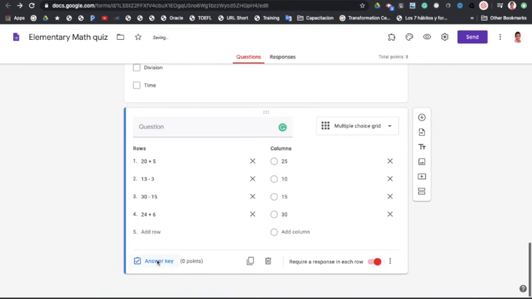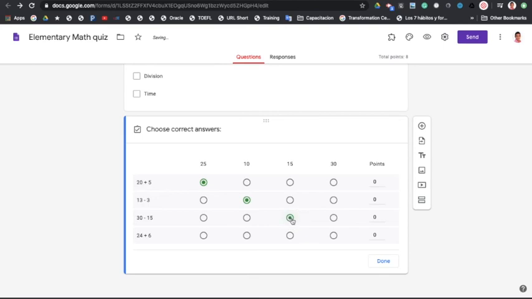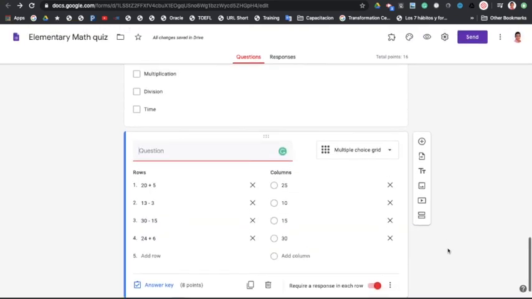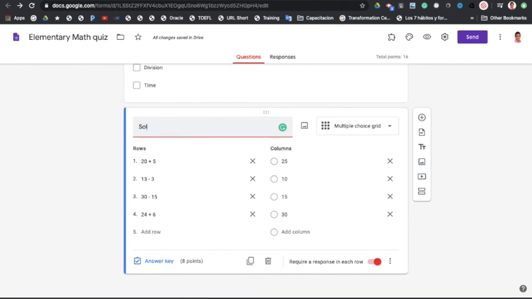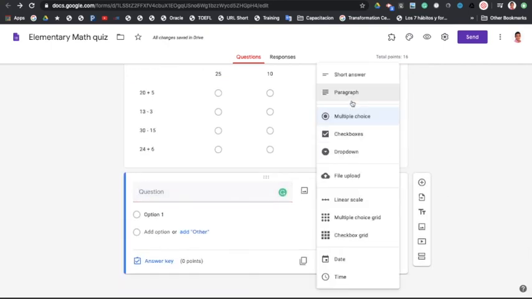Require a response in each row, and here this is the right one, this is the right one, this is the right one, and this is the right one. Okay, so I'm going to assign 2 points in each question, and done. And for the last one, here I missed the title, solve the following operations. And for the last question, I'm going to ask for a short answer